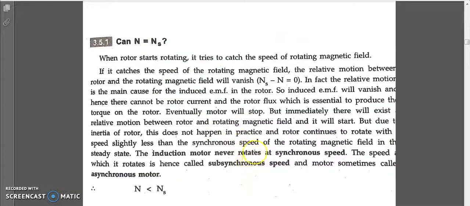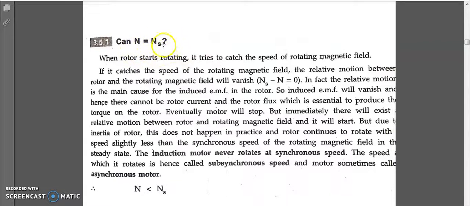So what we can understand by this concept here is the motor can never reach the synchronous speed. Even if it reaches, then what happens? Your motor will stop. But we don't see such a scenario happening in the three-phase induction motor. It is continuously rotating. So when it tries to reach ns, always it is what? Lagging behind the ns. So ns is always ahead of the n. N will always follow the ns.